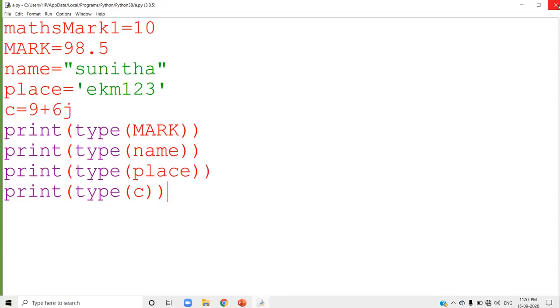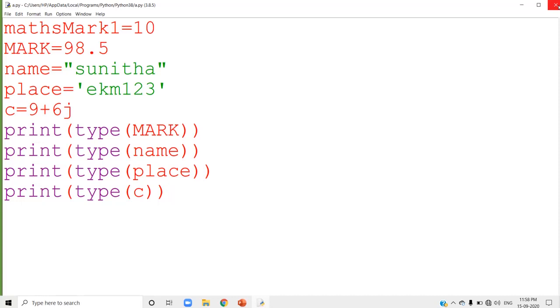The second type of data type is string. String means a sequence of characters. These characters can be alphabets, digits, or any special characters enclosed in single quotes or double quotes. Strings can be any sequence of characters.